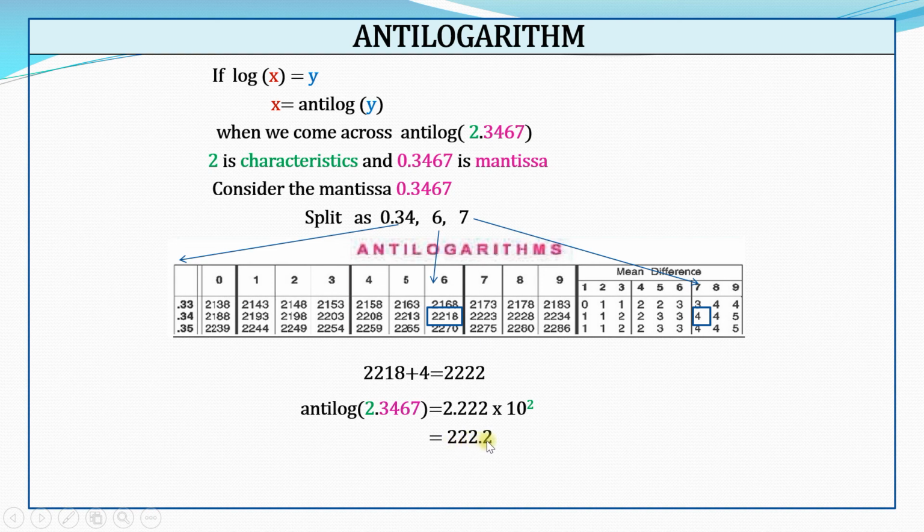So 222.2, you know there are 3 digits in the integral part. So 3 minus 1, 2 will be the characteristic, and you can definitely find using the log table under the 22nd row, under the column headed by 2, and adding the mean difference, you get 3467. So guys, hereafter I'll not be writing the final answer, which is not required. I'll just write the step where you place the decimal after the first digit and raise the power of 10 to the characteristic you have, and that's the easiest method you can follow in finding the anti-log of any logarithm of a number.